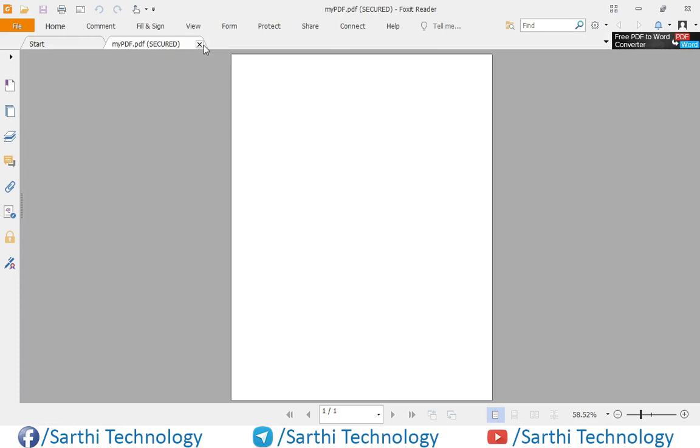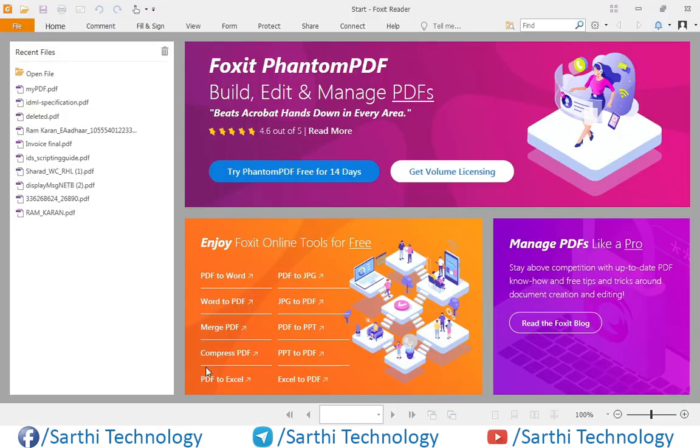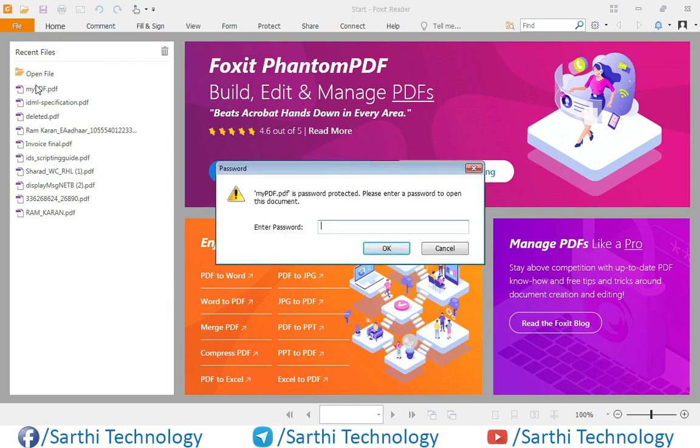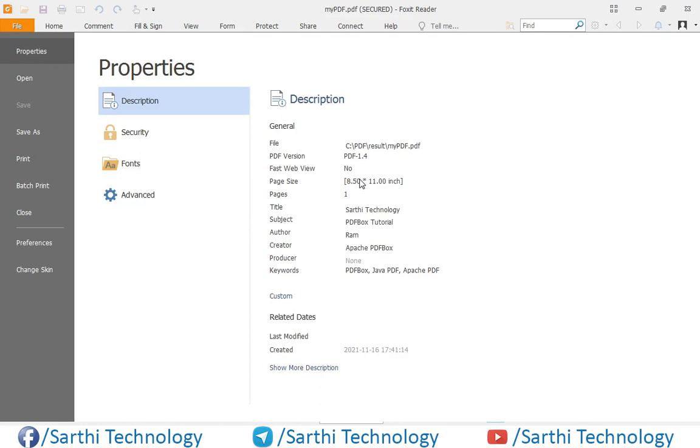And if we close this and open this PDF using the owner password, then let's see the result. The owner password is 1124. Command D or Control D, based on your operating system.